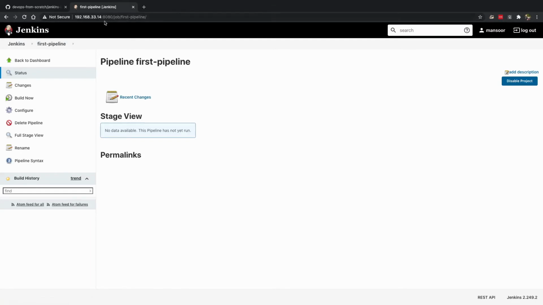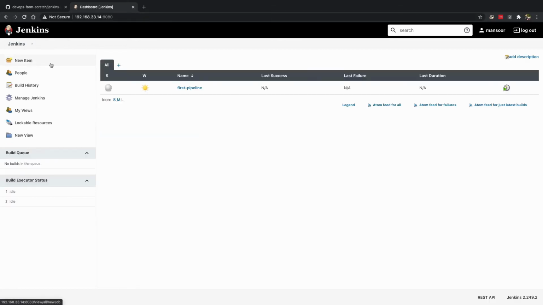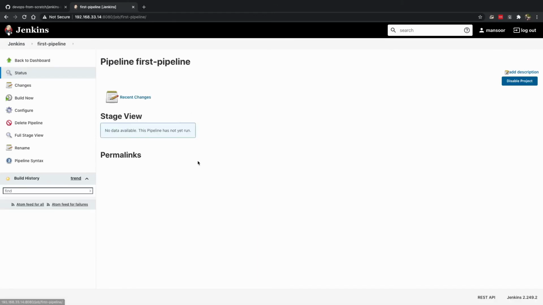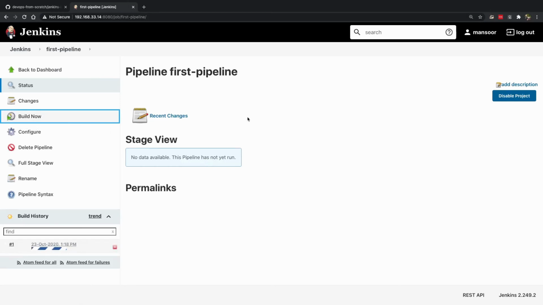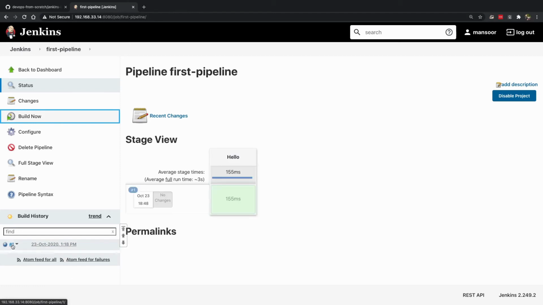So as you can see, now we are at this part. It's /job and first pipeline. If you go back to the dashboard, you can see the first pipeline here. So open it, and on the left side we can see there is an option called build now. So I'm just gonna click that, and here you can see the status of it. So if you click on it,